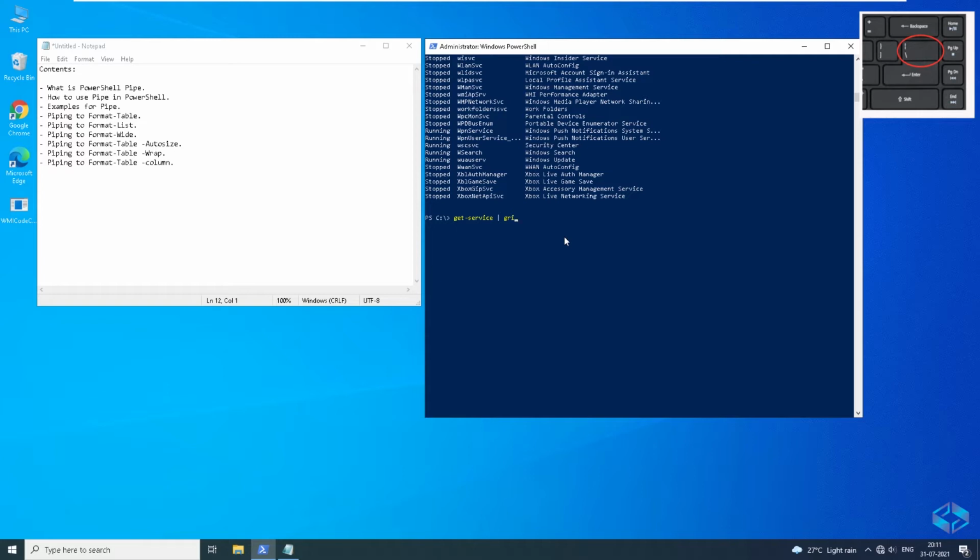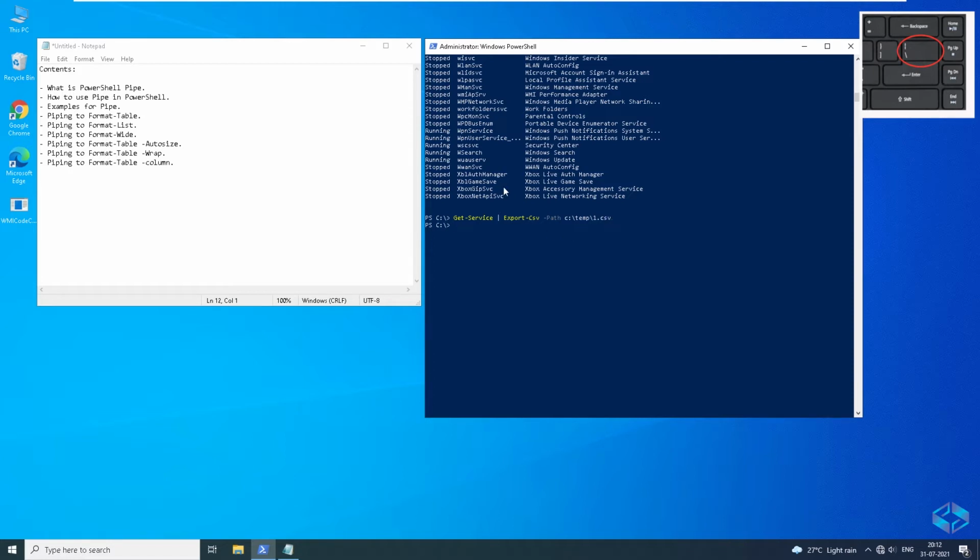So: Get-Service pipe Export-CSV, or whatever format you would like, with -Path C:\temp\1.csv.